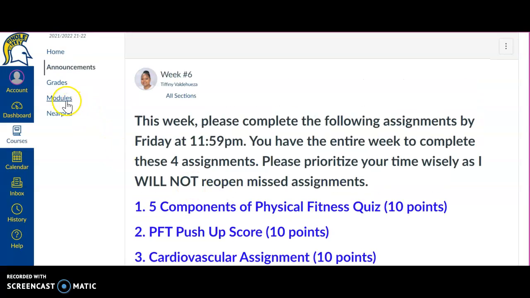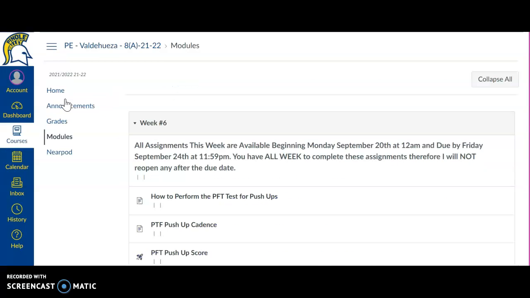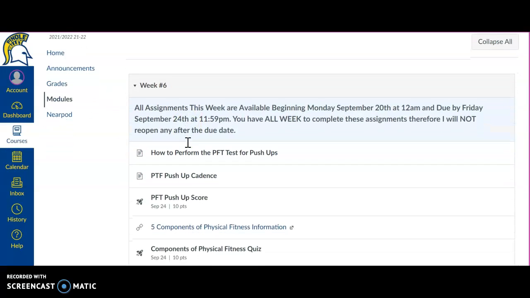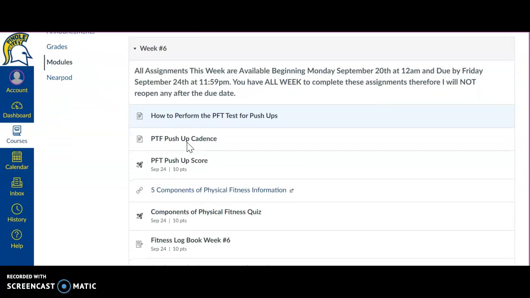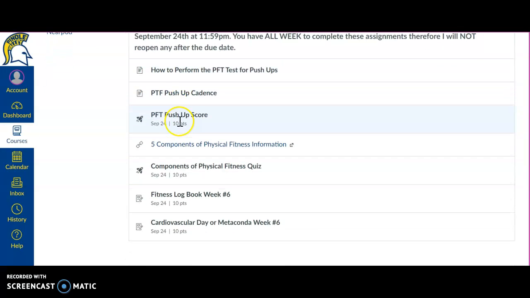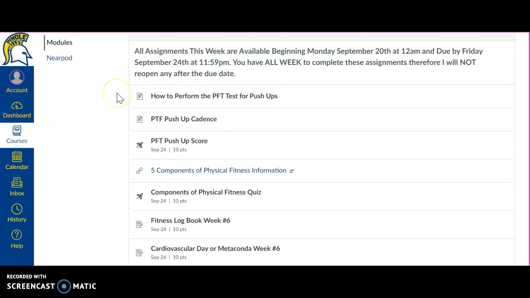So to jump back over to modules, which is where all the assignments are organized. For week 6, I have all the assignments set in the same module. These are all the assignments that we'll complete. And then how you can figure out what is what: